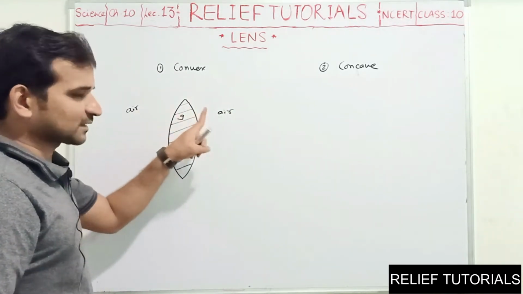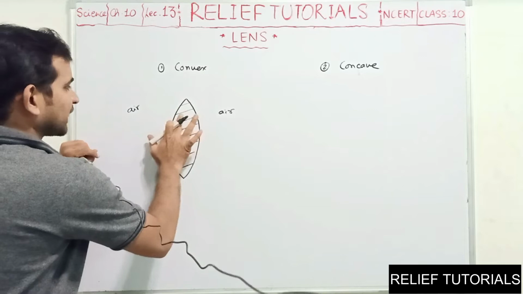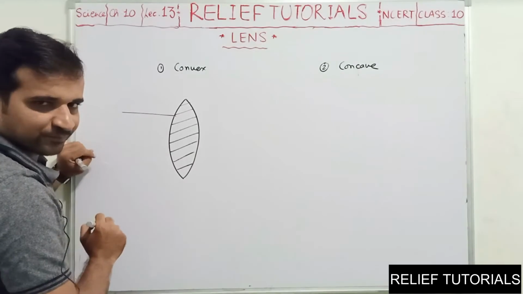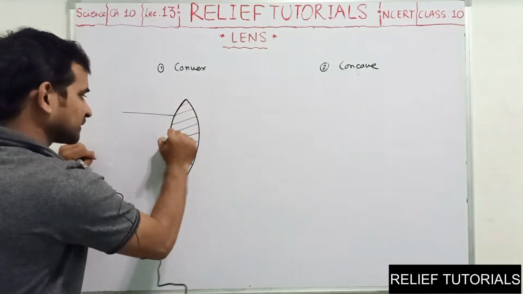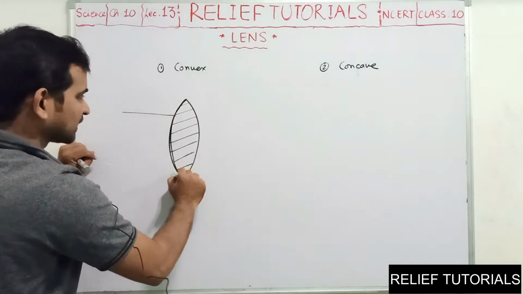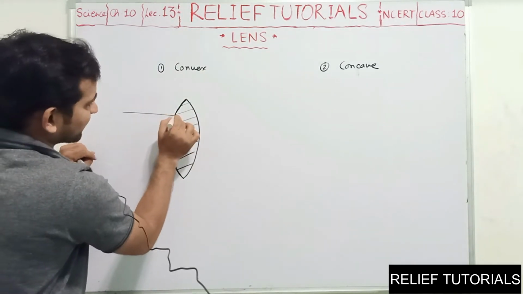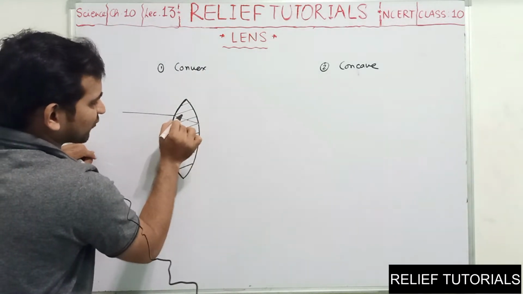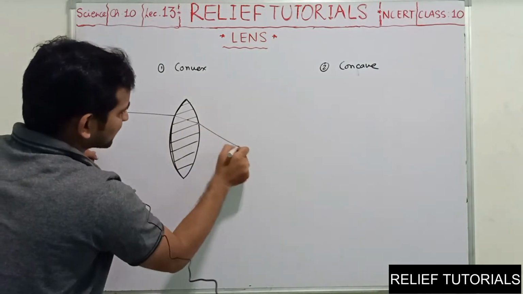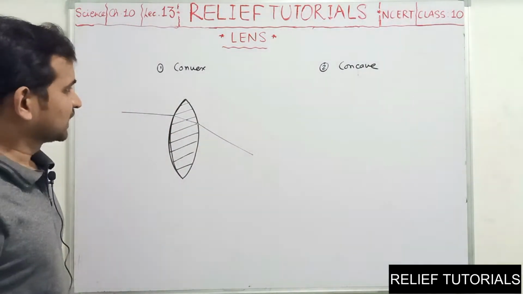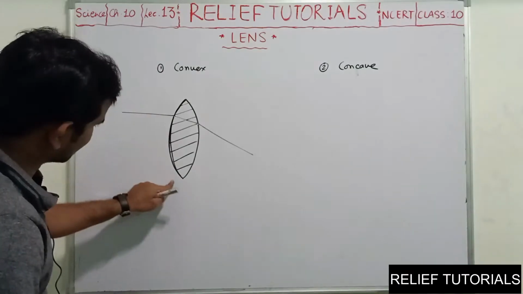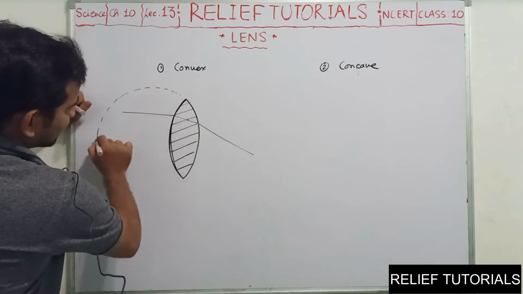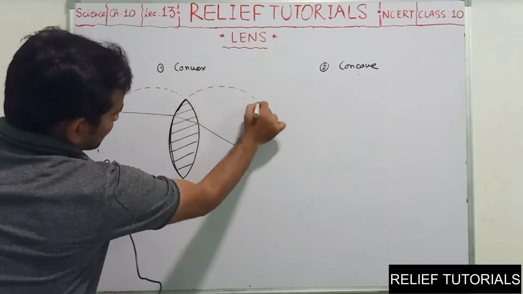So air, glass, air. If you think about a light ray going from air to glass, this is the first interface, at which the refraction occurs. This is the refracted ray. Now again the ray is changing the medium, coming from glass to air. So this would be the second refraction. These first and second interfaces are both considered as a part of a solid sphere.